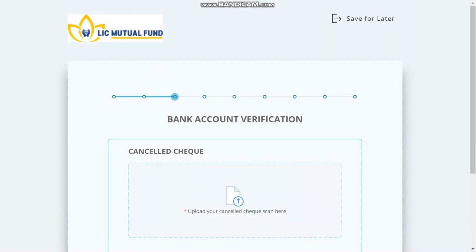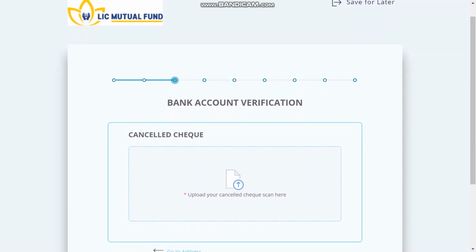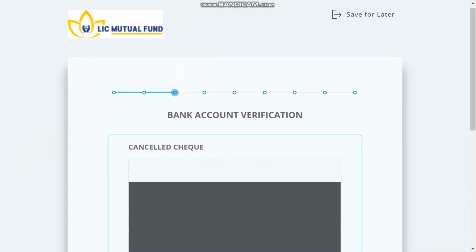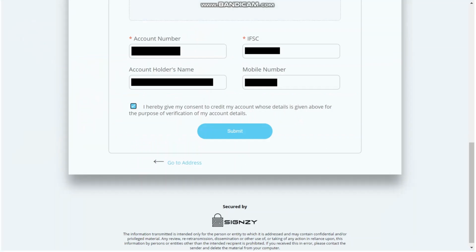Now the next is bank account verification. In this, the investor has to upload the cancelled cheque copy or cheque copy of the bank. So select the file and open. Once the investor uploads the cheque leaf, the system will fetch the account number, IFSC code, account holder's name, and mobile number automatically from the database.